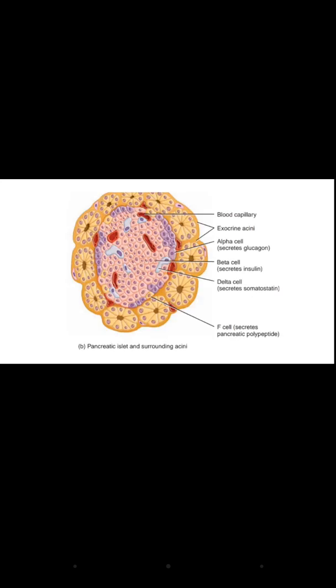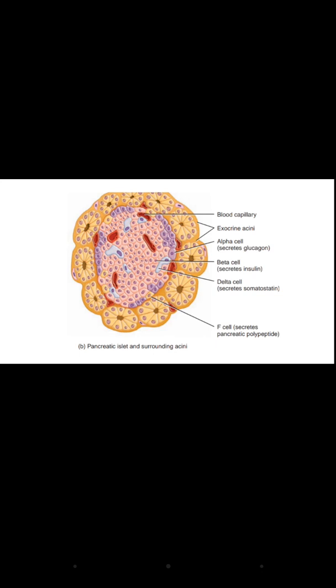This diagram is showing the acini and the pancreatic islets. So in the yellow portion, all the cells are acini and inside the yellow portion there are the cells known as pancreatic islets. Here there are alpha cells, beta cells, delta cells and F cells. So acini is exocrine but pancreatic islets is the endocrine portion. In the endocrine we have 4 types of cells: alpha, beta, delta and the F cells.